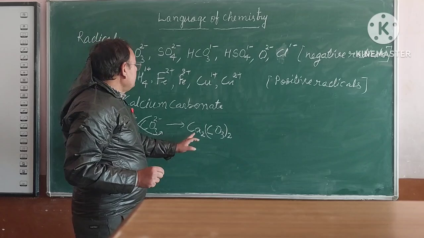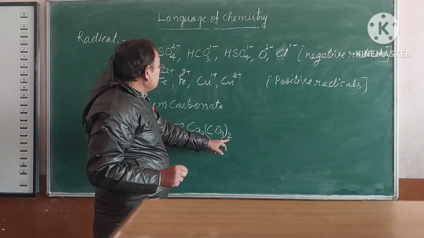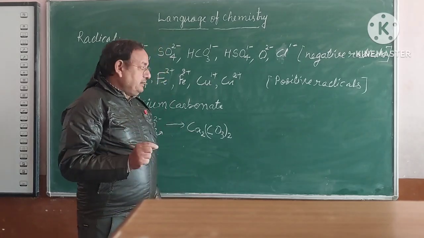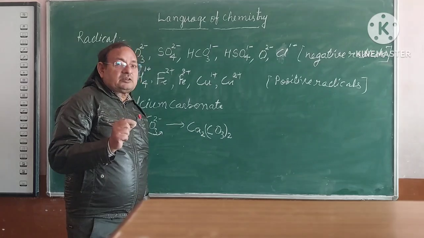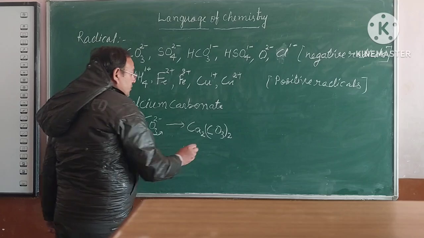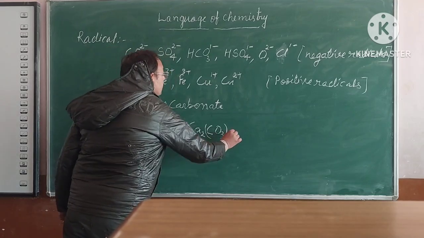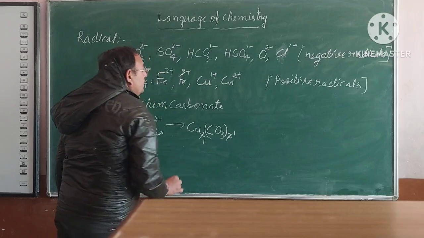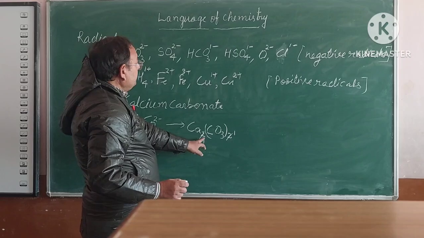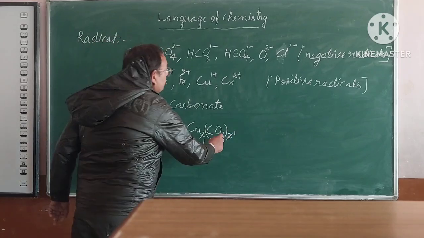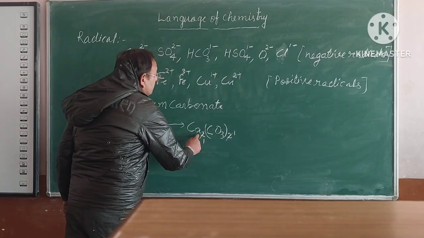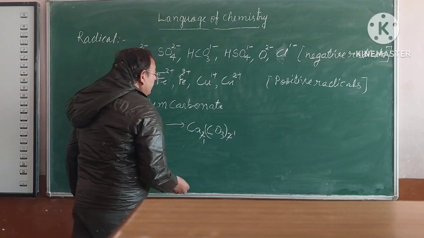twice. Now this balance is equal. So we will simplify this by taking the highest common factor, which is 2. So this 2 is divided by 2, this 2 on the 2, and this 2 on the 2. By taking the highest common factor, this will be divided by 2. So 2 on the 2, we divide this 2 by 2, and I write 1. Or this also 2 on the 2, I write 1. And on simplifying,